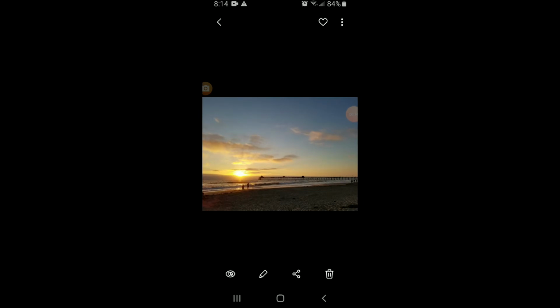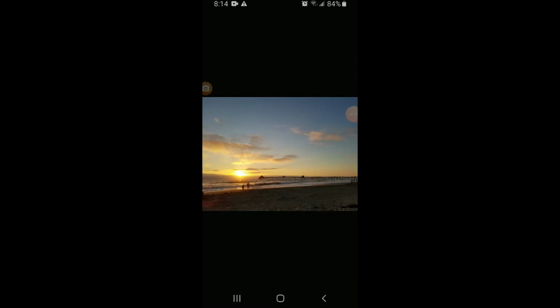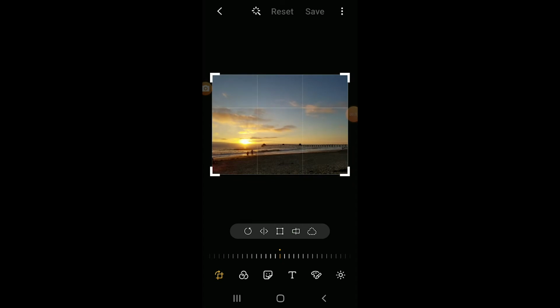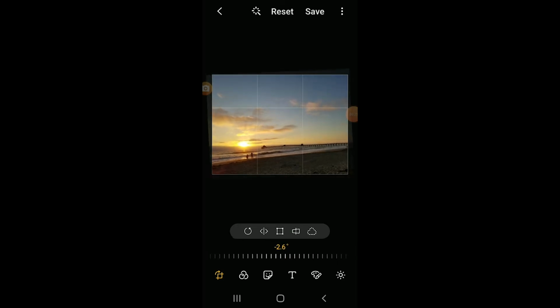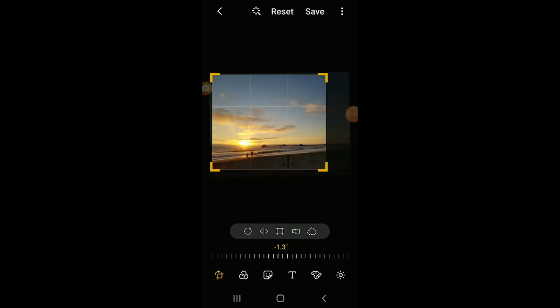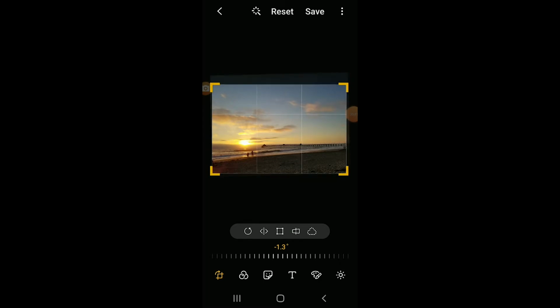And what we're going to do is choose the pencil on the bottom left hand side, and on the crop mode on the very left it's highlighted, so I'm showing you how you can straighten it out. You can go on each corner and adjust it accordingly to what looks best for you. I like the rule of thirds, so I'm going to adjust it a little bit. So I'll keep it right here,